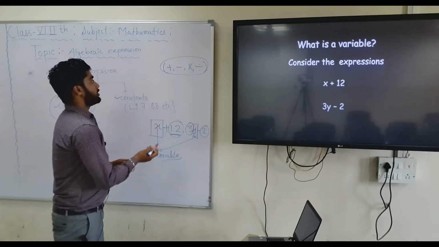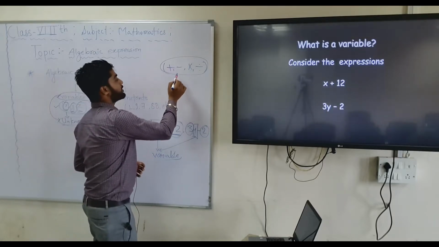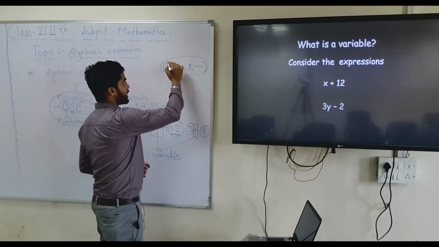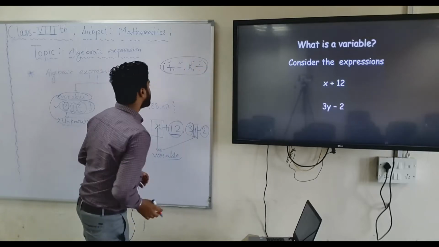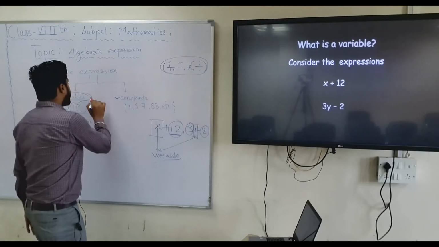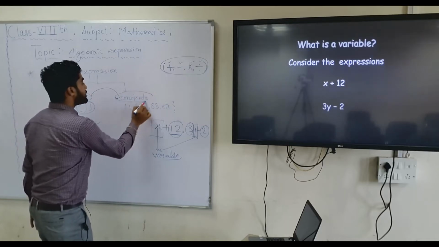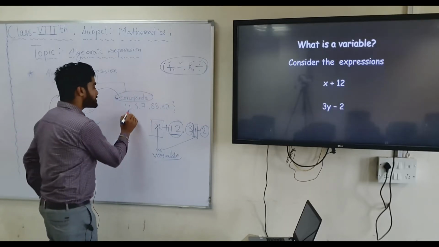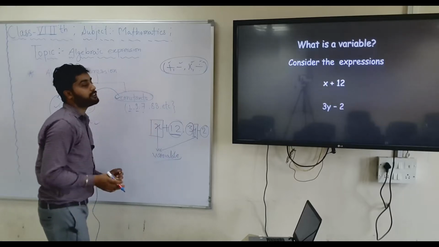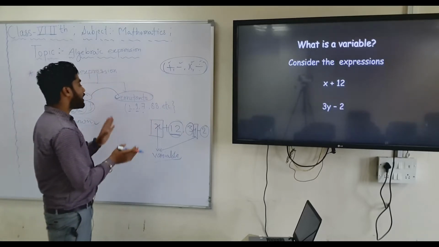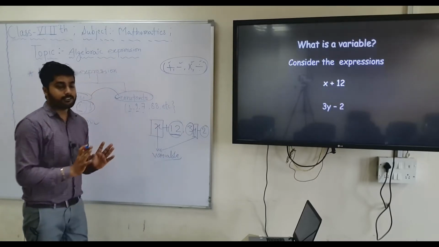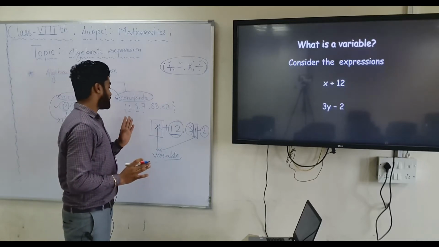Okay, so we know that variables are unknown and we have to find the value of those variables by doing arithmetical calculation: plus, minus, multiply and division. And these variables are combined with constants also. So constants are 1, 9, 8, 7, that means any numerical number that is fixed; it does not change its value under any condition.